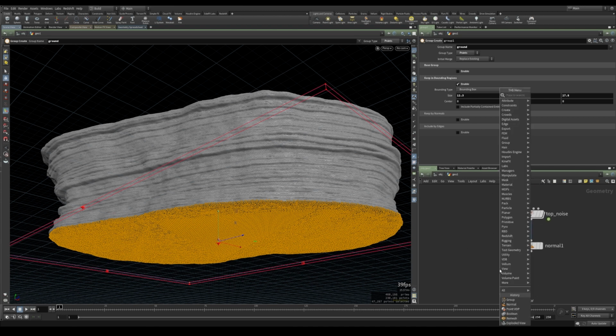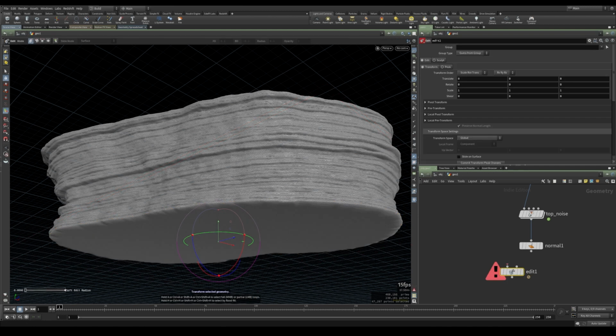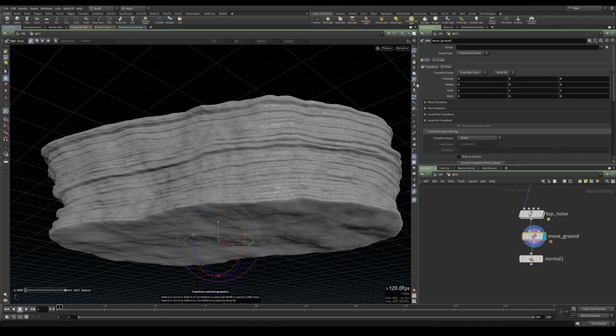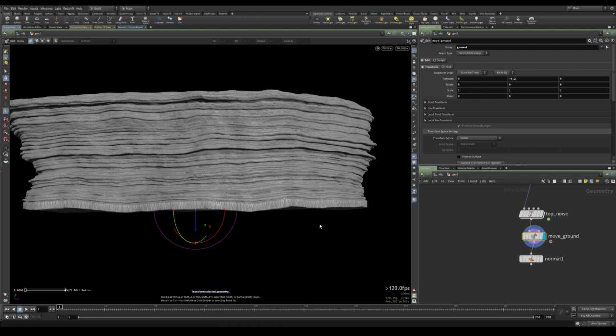Then after the second noise, let's take an edit node. Let's call it move ground. Plug it after the second noise, and we want to edit the ground group. And let's say we want to shift it on the y-axis with a 0 scale on the y value. So basically we flattened the